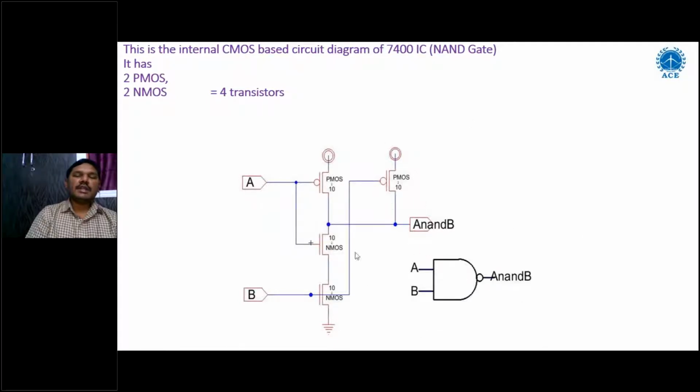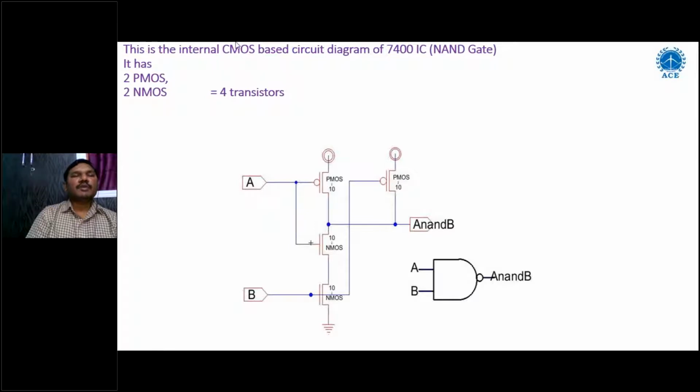Whereas this NAND gate internally can be designed using transistors, either BJT transistors or CMOS transistors, MOSFETs. That's why it is called CMOS technology or BJT technology. Right. So suppose this NAND gate is written like 74C00, it means it is designed internally using MOSFET technology. If it is written like 74S00, it is designed using TTL technology. Why we have two types of technology, CMOS and TTL, is here.